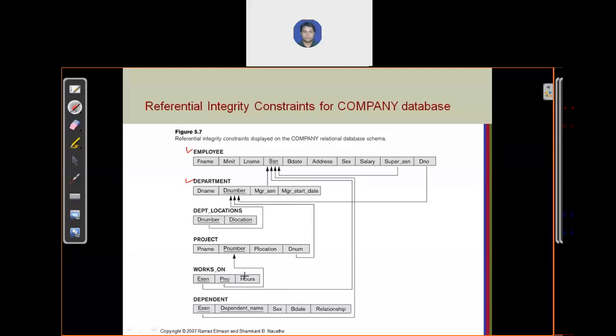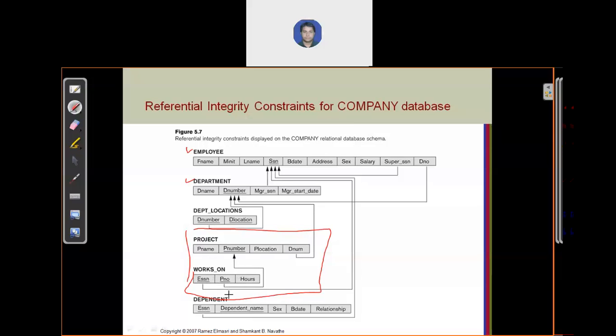Consider these two relations, project and works on. Project has project name, project number, location, and department number, in which department the project is running. Works on has the employee SSN, who is working, which project number they work on, and the number of hours.